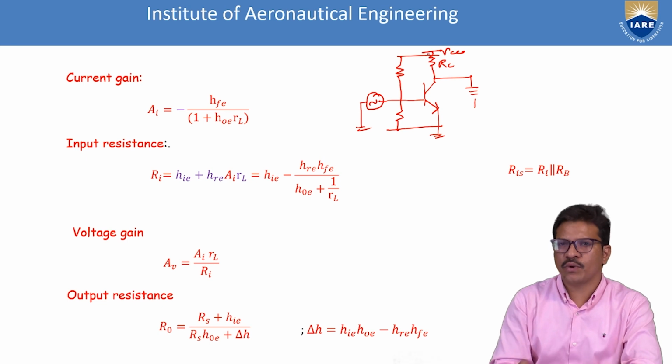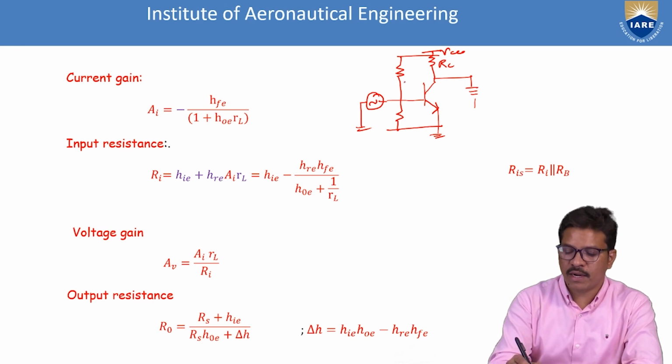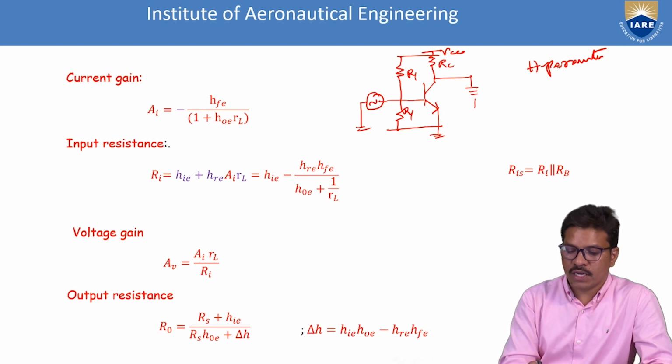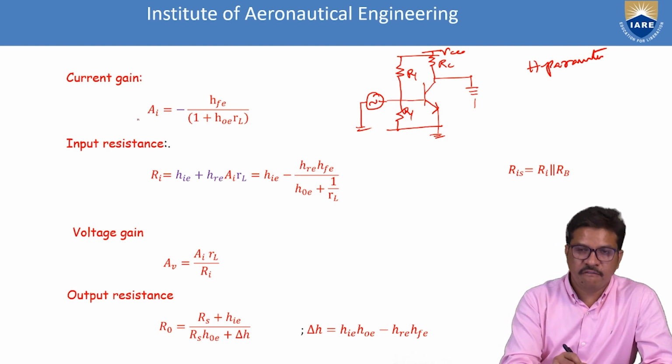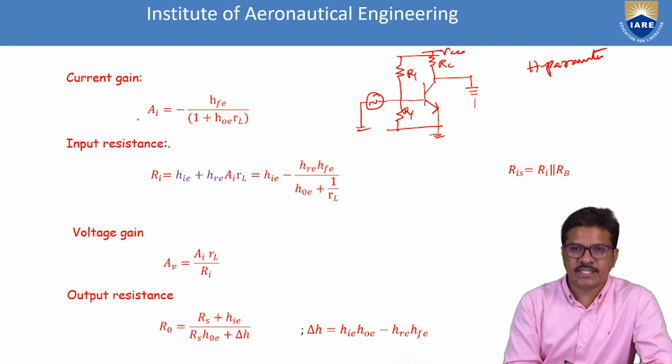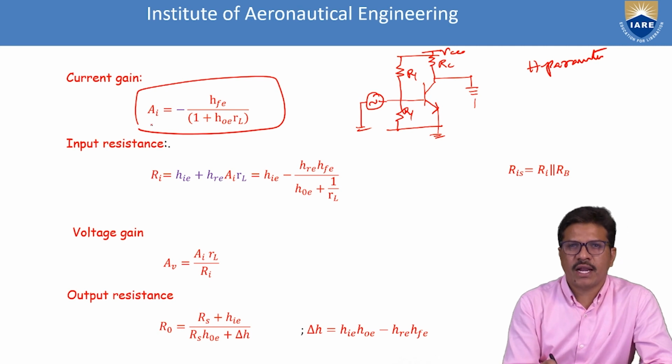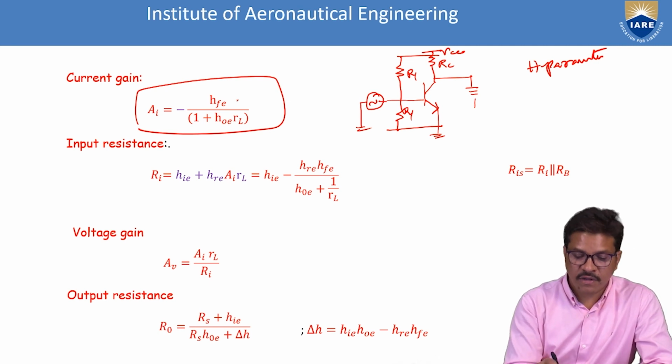So how do we analyze whether it is good or bad? We can analyze by taking a model, the H parameter model. By taking the H parameter model, we find four important factors: current gain, input resistance, voltage gain, and output resistance. After deriving the equations, the current gain is equal to minus HFE